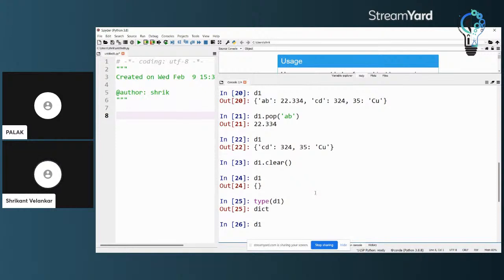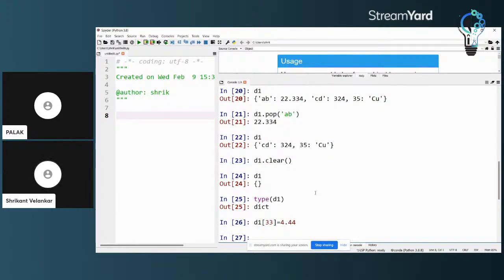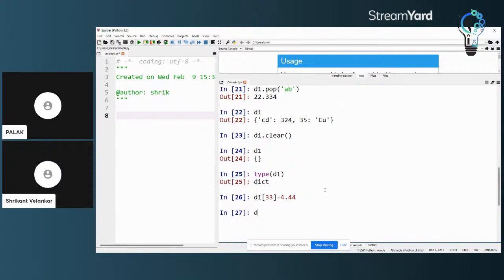Therefore if I put in d1 33 equal to 4.44, that will be accepted, and now d1 will have one element only, which will have a key 33 and value 4.44.